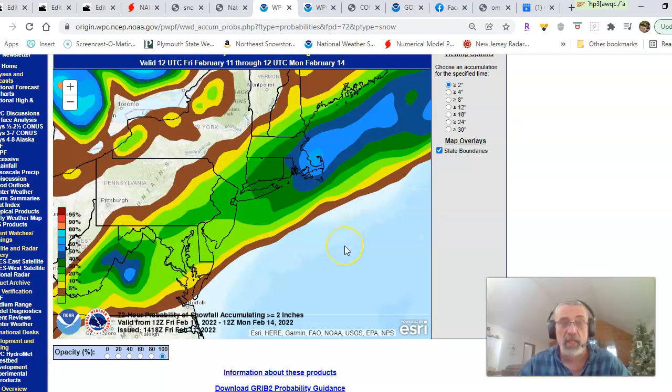WPC, the Weather Prediction Center, has updated their forecast this morning, so they've actually increased the probability. I have the probability of at least 2 on the board. So the lightest green is between 10 and 20%. The next level is 20 to 30, and then the darker greens, you start to get into the 30 to 40% range. So they kind of upped it for central and eastern Long Island and Connecticut, Rhode Island,